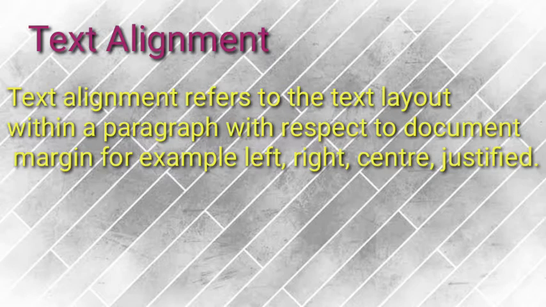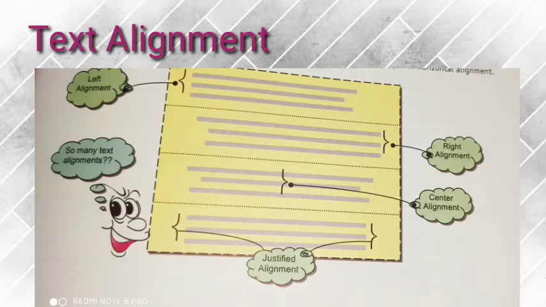Let us understand this by the picture. So in this picture you can see that in the first paragraph the alignment aligns the selected text from the left margin or the left paragraph indent, which leaves the ragged right edge. This is called as left alignment, which is the default alignment of the text.